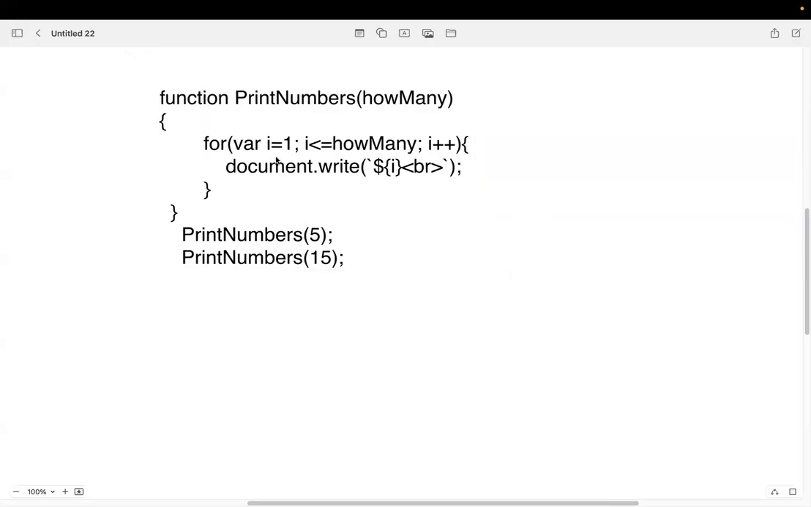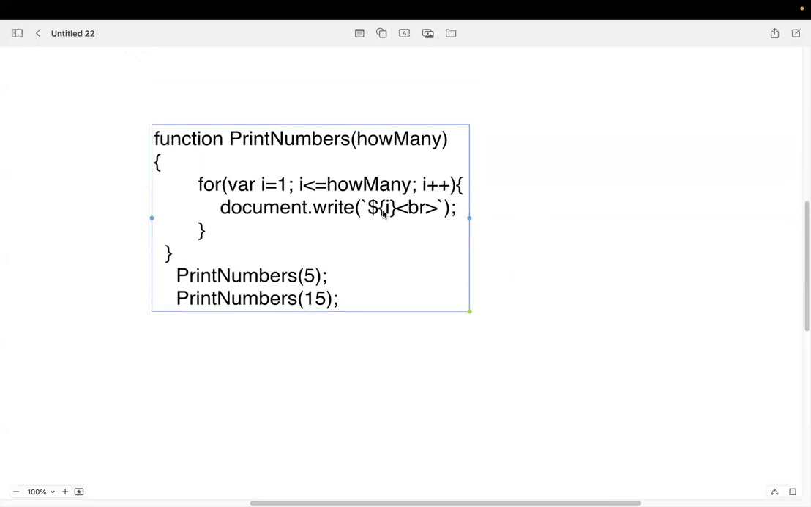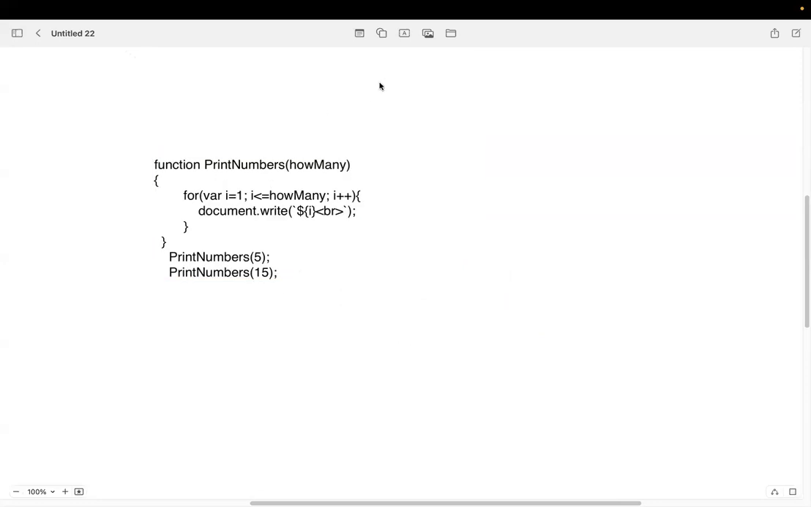Now, what you need to understand is that the parameters that are passed in the declaration, we call them formal parameters. And the parameters that you define,